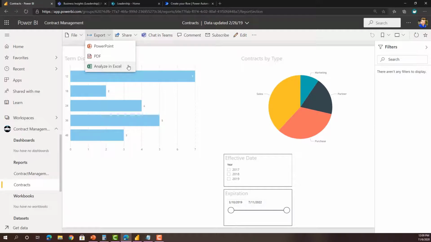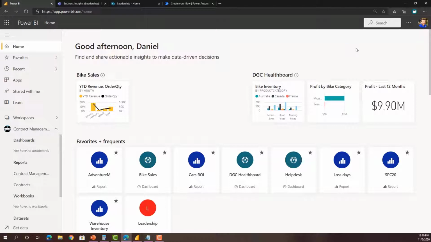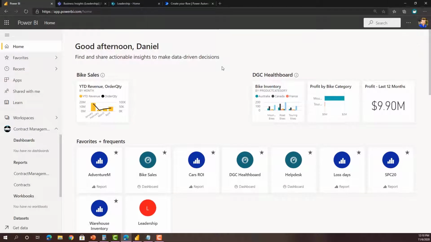These options can be controlled from the Power BI admin portal. If I'm an admin, then when I go to powerbi.com, I can access the admin panel, the portal, by going to Settings and then Admin Portal. And all my sharing options are there. And I'll come back to that after I discuss and go through some of these.